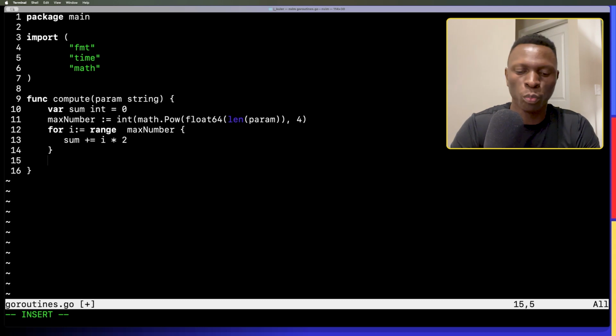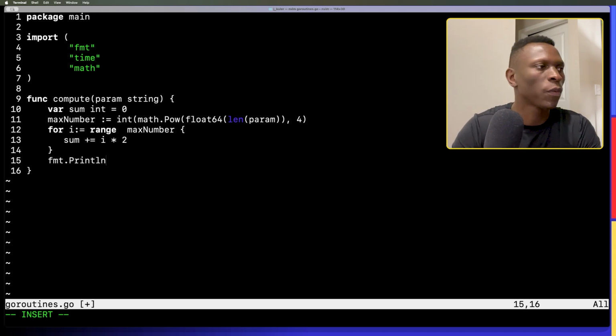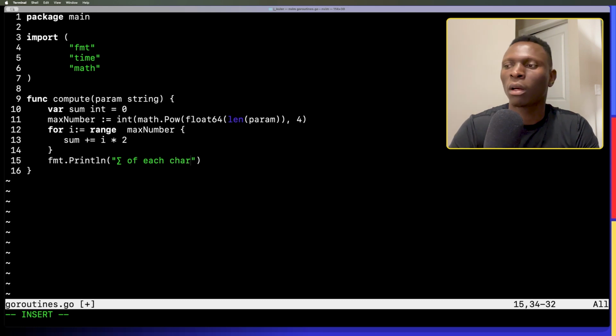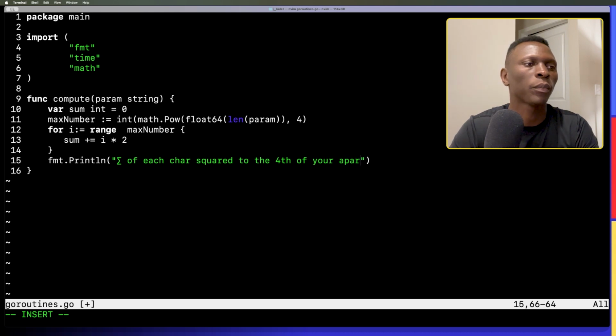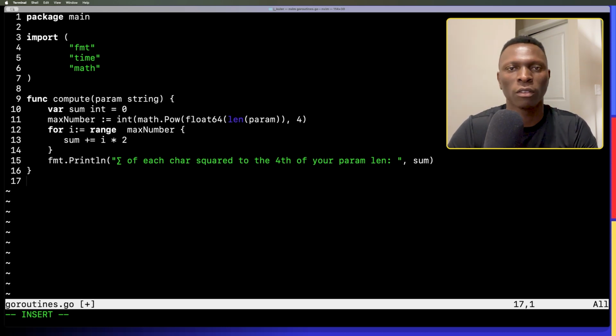And then we are going to print the length, the sum of each character squared to the fourth of your string or param, length, and we pass the sum. That's our first task,